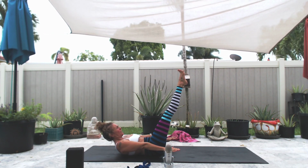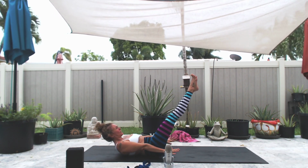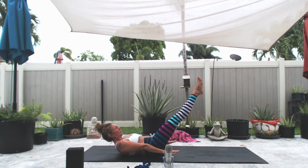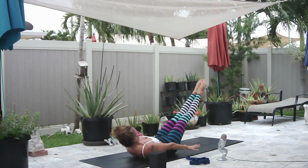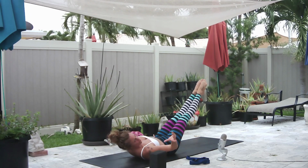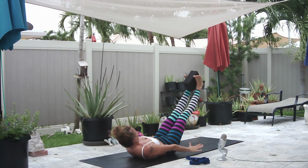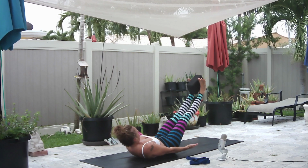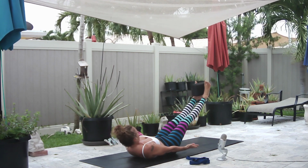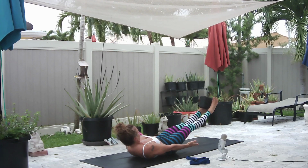Orange under the chin. Hold for 5. Get a little lower if you can. 4. Keep belly in, spine down. 3. 2. If you want, squeeze a block between your feet. That helps activate the inner thighs, which helps keep the sacrum flat. A little lower for 5, 4, 3,